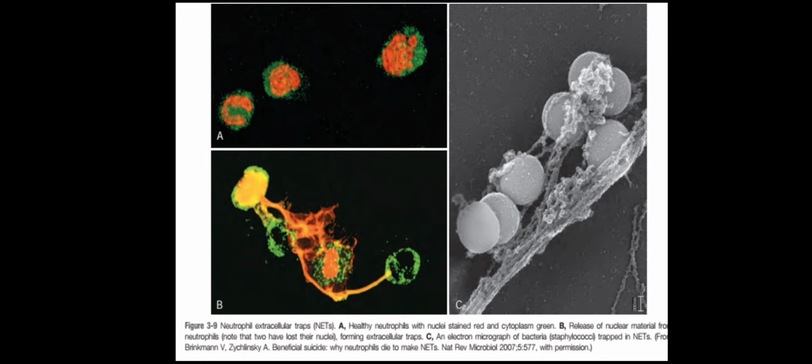This is a picture from Robbins. Here it shows these are neutrophils. These are greenish cytoplasm, and this red one is the nucleus. Now here you can see that the nuclear material is forming certain fibrillary traps outside the cell. So these are extracellular fibrillary traps, and these traps will contain the contents of the lysosomal enzymes and inflammatory mediators. They will help in the effective killing of the microbe. Like here, these are traps, and these are the bacteria which are being killed by these neutrophil extracellular traps.